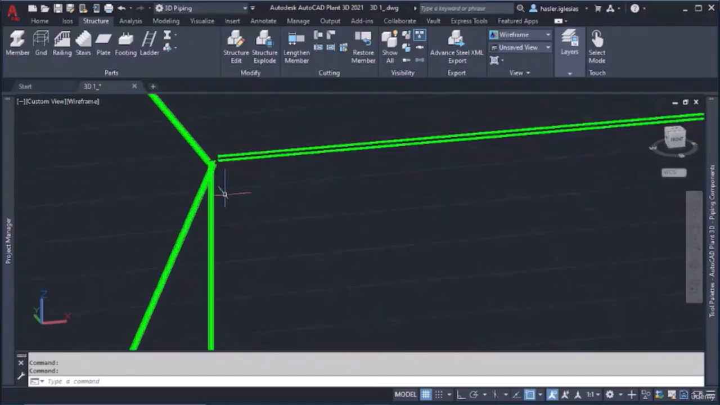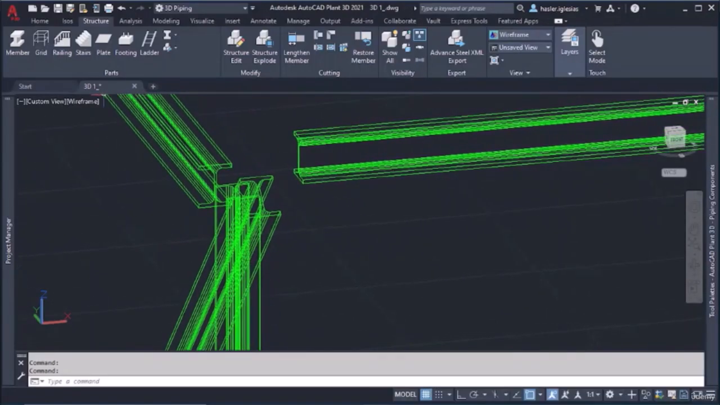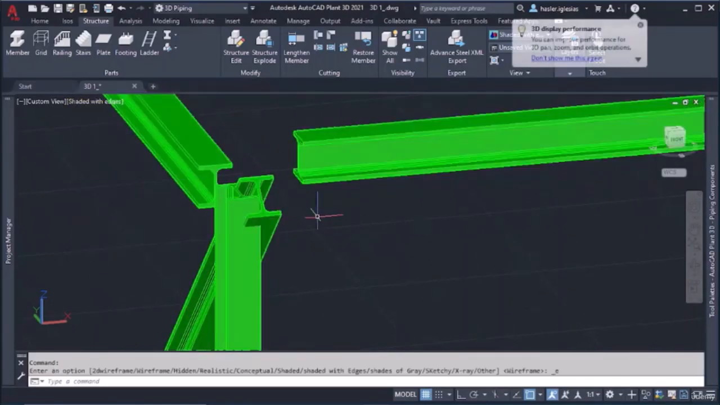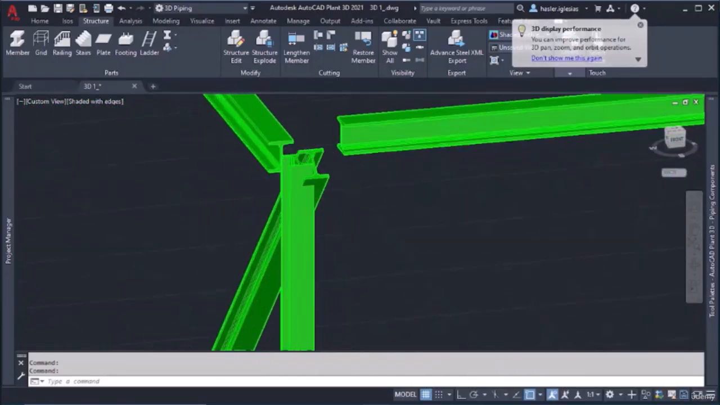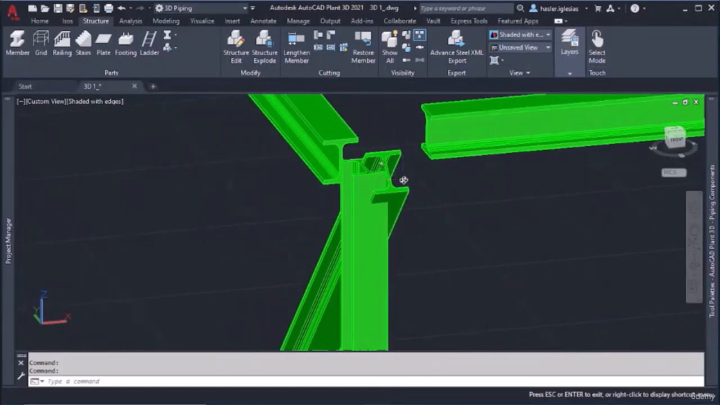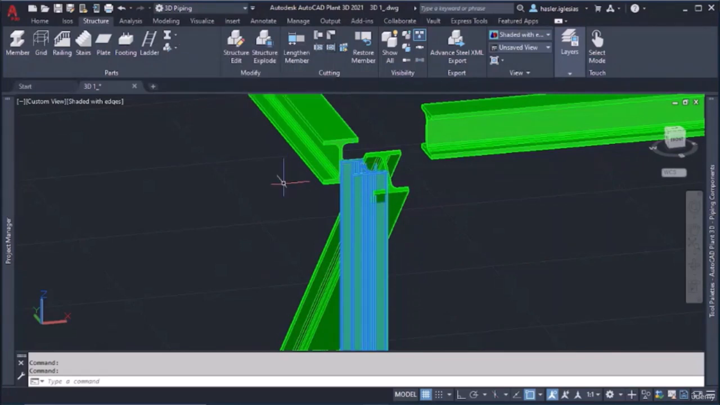Okay, I need to show you something. Yes, this is what I wanted you to see. Now I'm here changing to shaded with edges. Okay, look here, all the beams, right? They're not actually connected, okay? So I have to connect them properly. I'm going to do so with these tools here, both cutback member or mirror cut member, okay? Actually, I'm going to use lengthen member. Look, I click lengthen member, it says select a structural member. Let's select this one, I press enter,